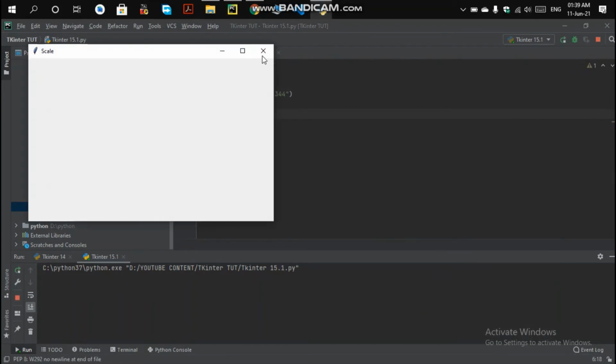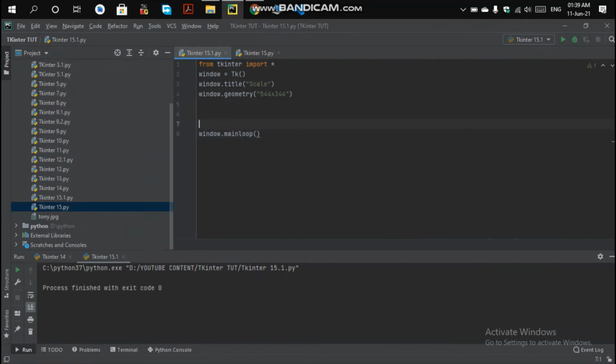Okay, so first of all we are just creating a scale here, so you can see how this scale looks. To create a scale, I want to make it as slide. Slide is equal to scale, and in the parameters the first is the base, and the second is from where you want to start till where you want to end.